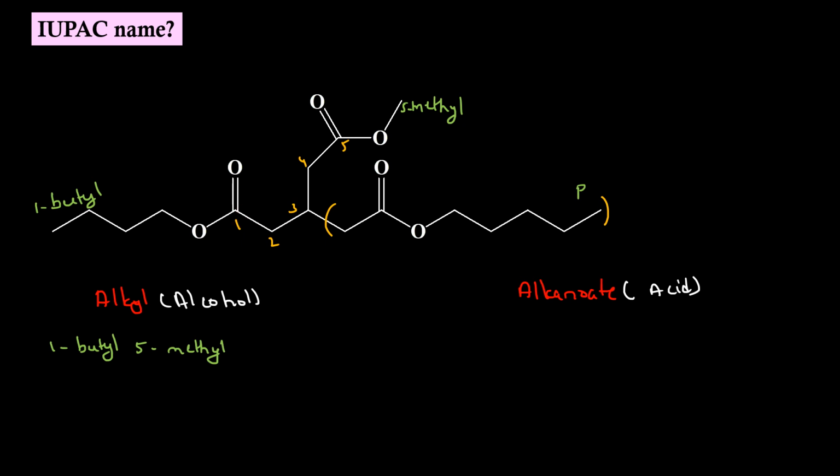Let us first write that. Pentanedioate. We need not tell the position of the dioate because they are terminal functional groups. Now we have a substituent at position 3. So that should come prior to the name pentanedioate. So at position 3 we have 2 carbon atoms sitting. So at 3, ethyl.